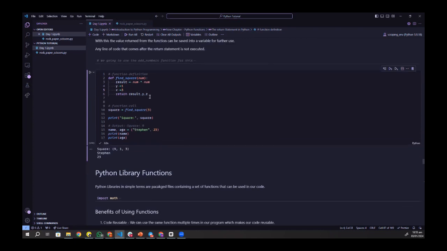Oh no, it's treating it as a tuple. It will treat it as a tuple. It won't give you the opportunity to return them as separate values. I don't know if you get what I'm trying to do. Okay, let me do it this way. So, return